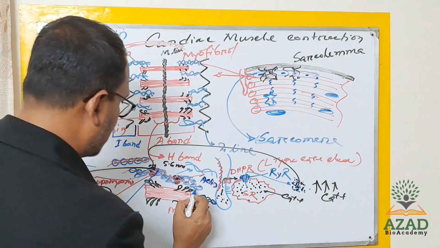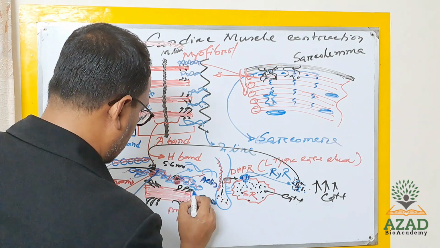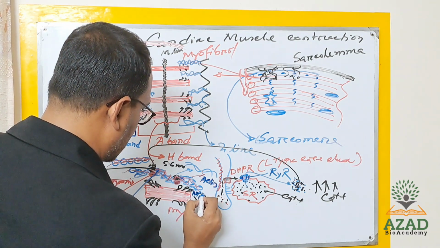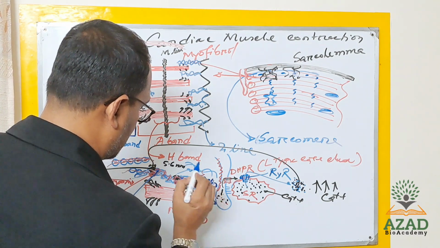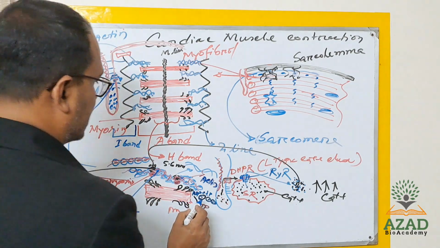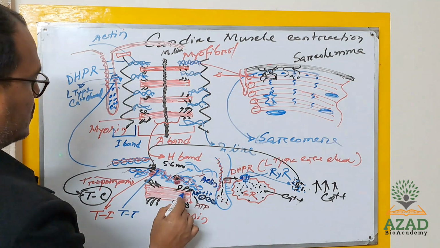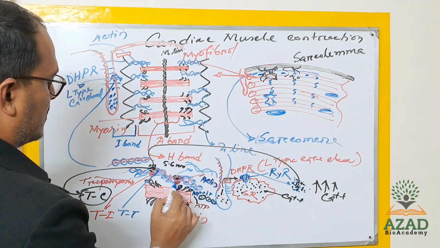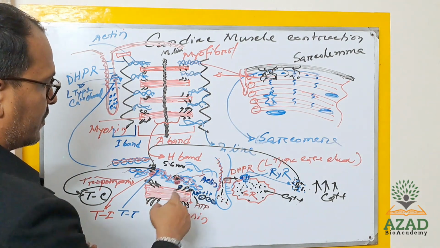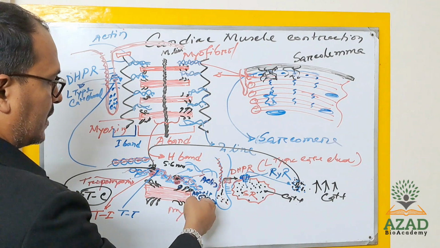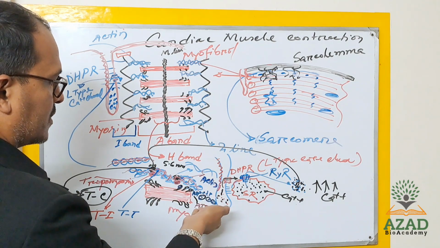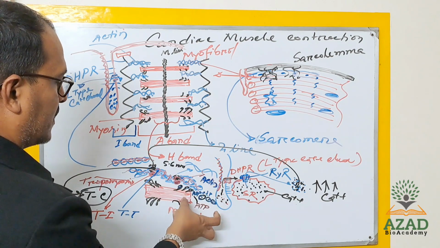ATP will make ADP and one inorganic phosphate will be released, and that ADP will bind with the myosin head. During the hydrolysis of ATP, energy will be produced, and that energy will be used